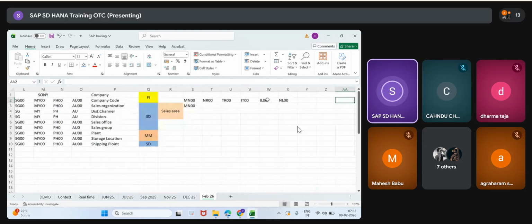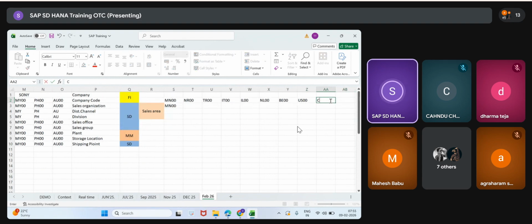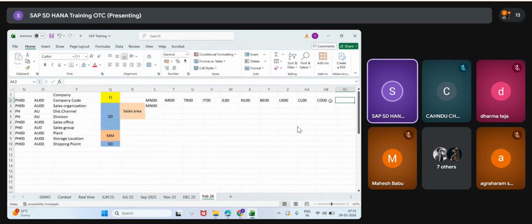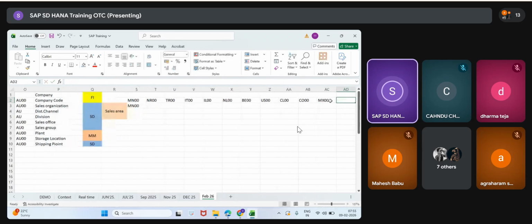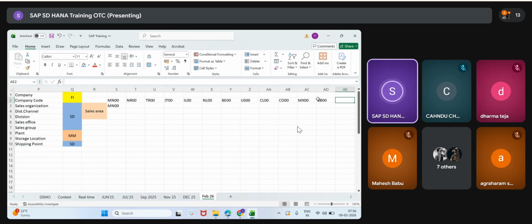This way it will be in real time. Belgium, BA00, US00, Chile, CL00, Colombia, CO00, Mexico, MX00. All these are there in HP, so I can easily enter them. Great Britain, GB00. This way, even a few more.